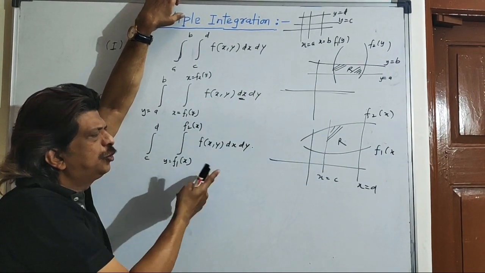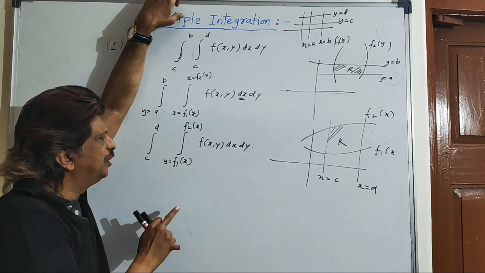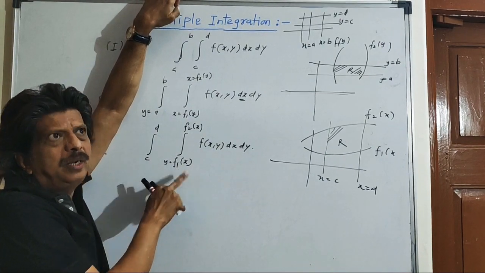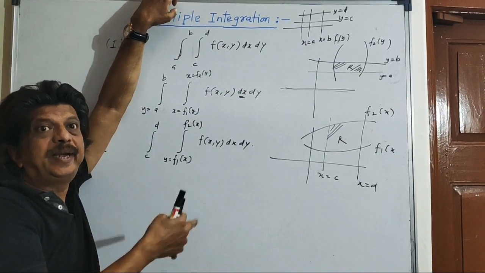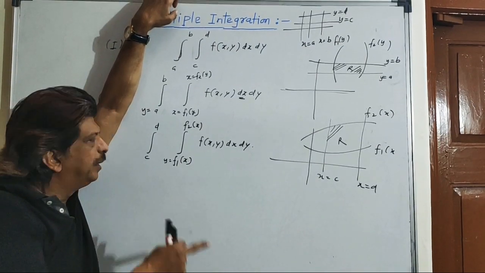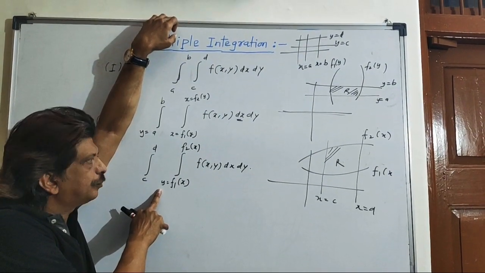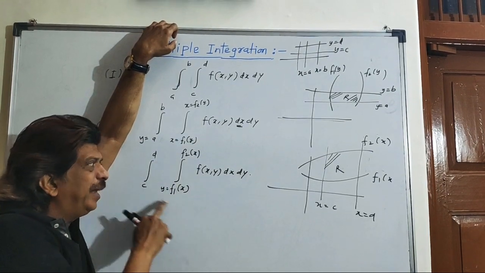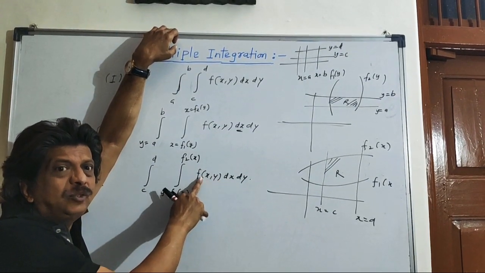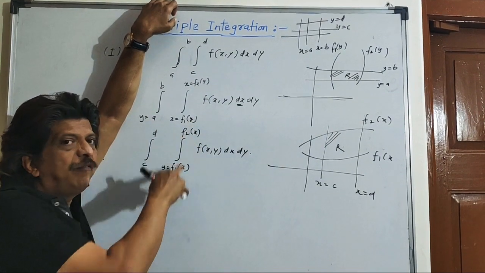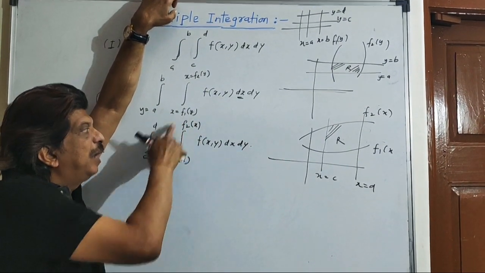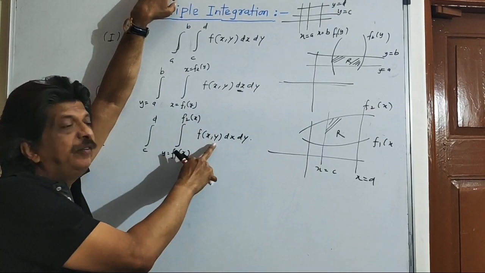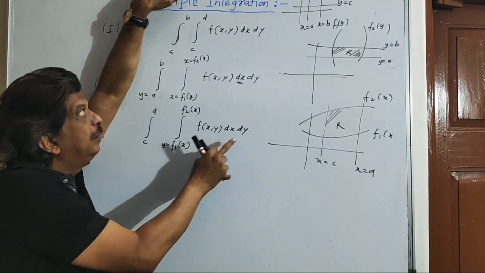Similarly here, the roles of x and y are interchanged. Here the limits are mentioned in terms of x, so it is to be integrated with respect to y first, because they are limits of y. After integrating with respect to y, keeping x constant, we employ the limits of y, upper minus bottom limit. After employing these limits, finally we integrate with respect to x. We understand.